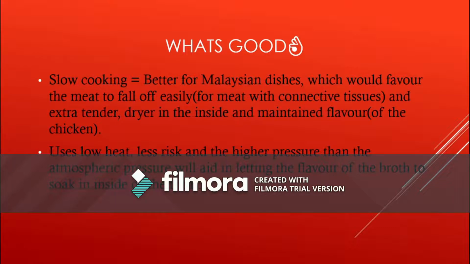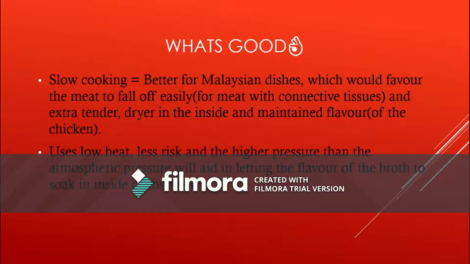So let's say it's a chicken breast, right? You want the flavor to get into the meat. Like in chicken rendang, you want the herbs to be absorbed inside the